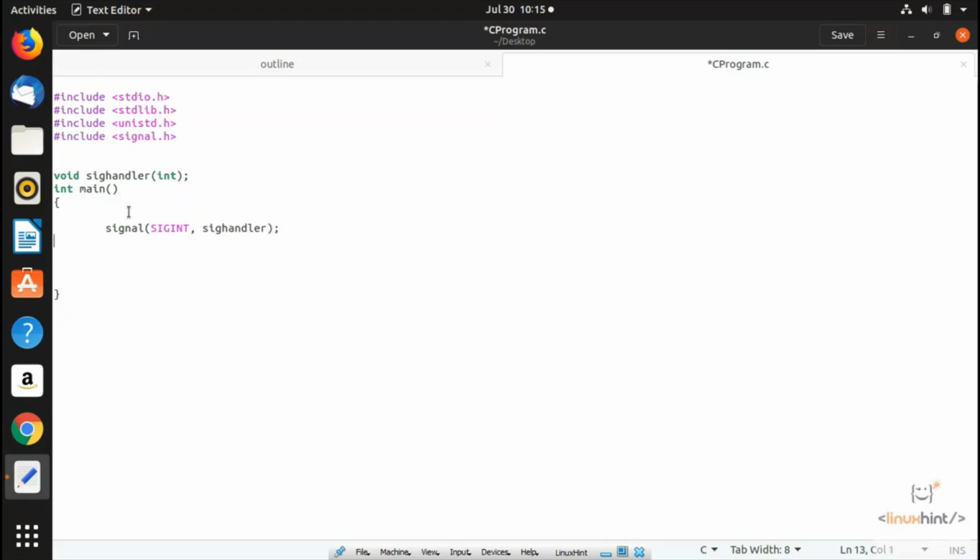All right, then I come to the next line, and in here I write a while loop or a for loop, which would be infinite. You write a for loop infinite like this, or you write a while loop and then brackets, and that would be an infinite loop as well. Then I put curly braces, and inside those curly braces I try to write a print statement. Let's say I write printf, and then I write